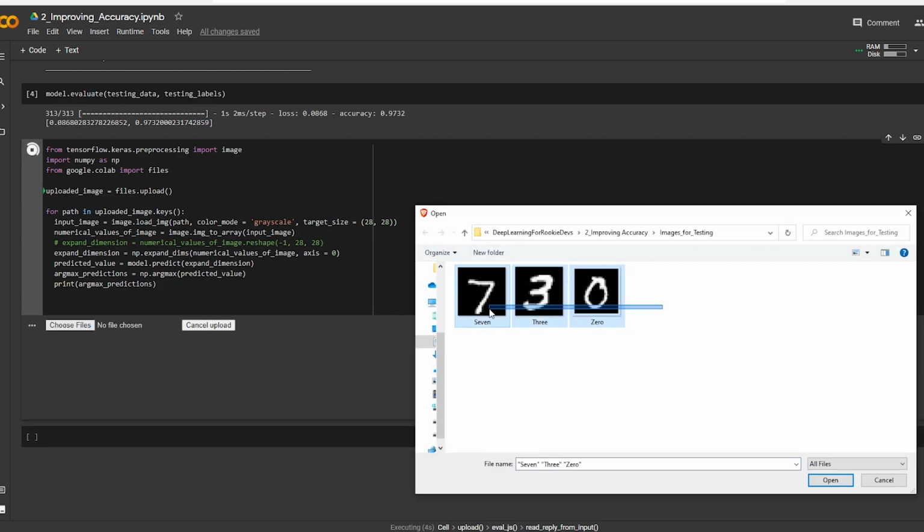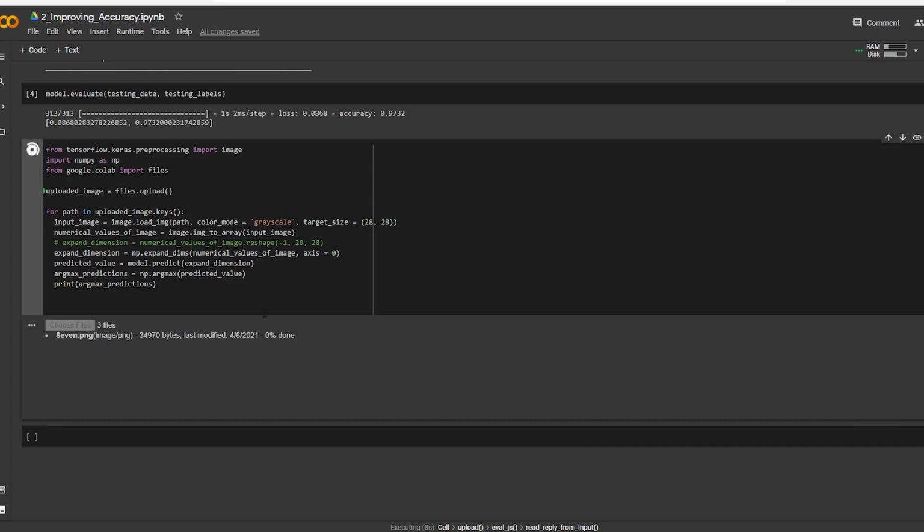Okay, now let us check all three images. Let's say open, and we have it. So this is a basic form in which you can improve a neural network, and apart from that, you today learned a prediction mechanism that was not just numerical. Okay, so you can take an image from the real world and you can feed it as an input to the image. What else you want?